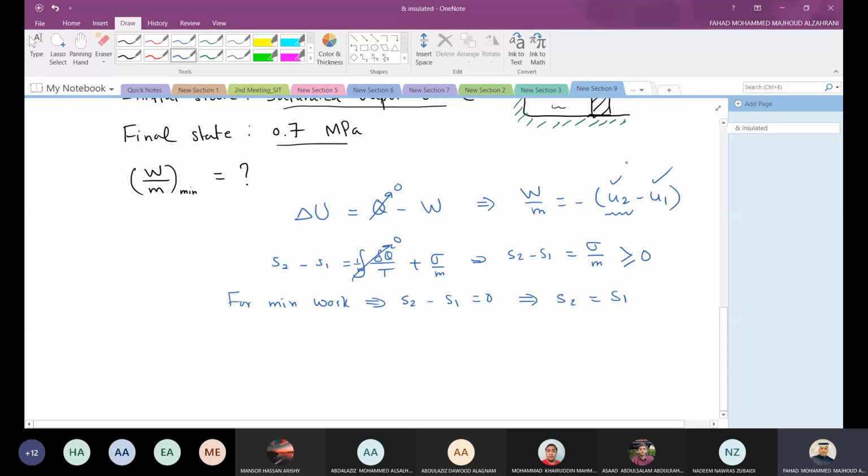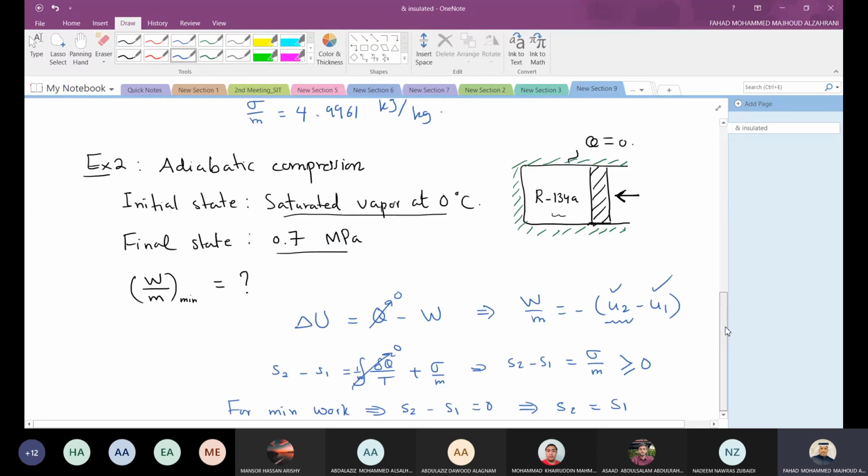To clarify even more, exactly what I told you a few minutes ago: a minimum theoretical work refers to the work you can apply without irreversibilities. The maximum theoretical work